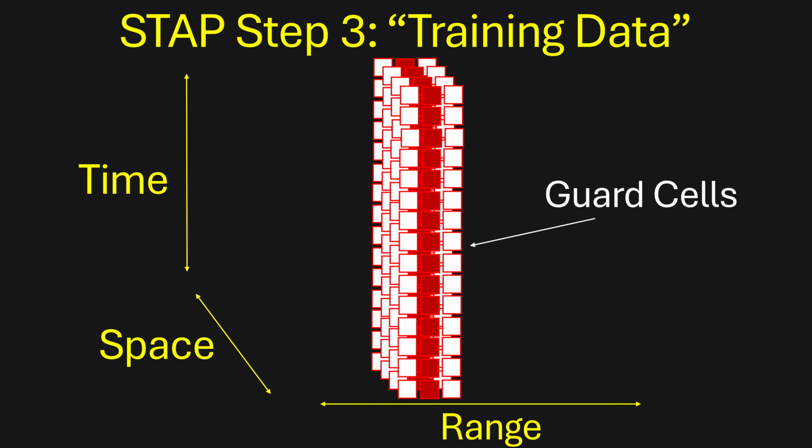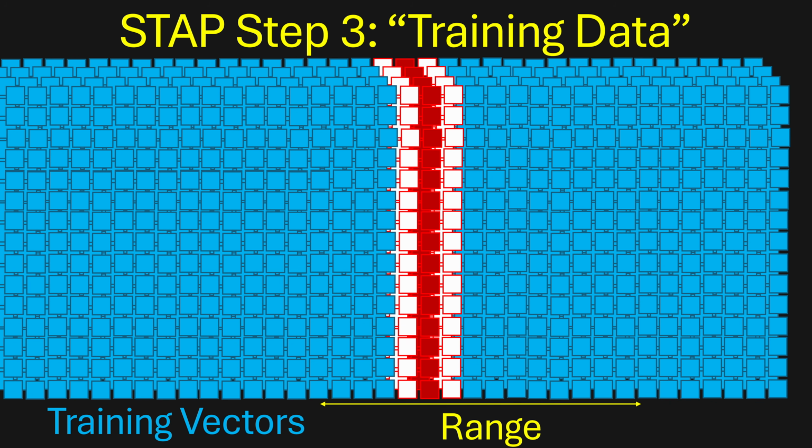The next step is using all of the surrounding range bins as a model for clutter and noise. We ignore the cells next to us so that we are not modeling our own cell's leaked energy as clutter. Then we define all the range bins surrounding our cell as training data that we will assume as noise and